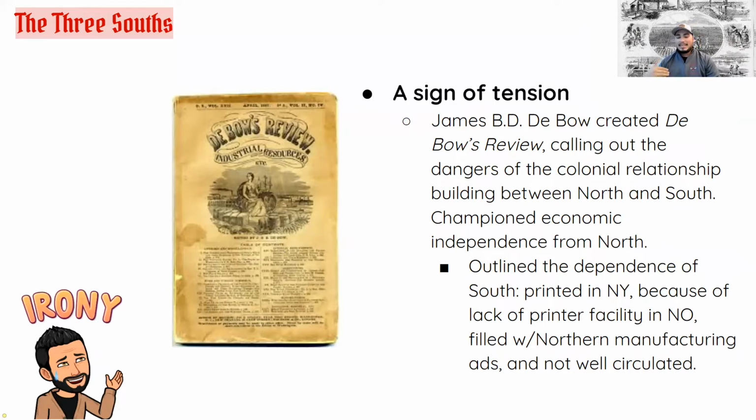Why I think this is humorous is there's a level of irony. He talks about how he hates this idea of the North and the South's toxic relationship. He advocates for Southern independence, to be more reliant. He does this, of course, by publishing a book that outlines this, but it's printed in New York City, which is in the North, because they don't have the manufacturing to produce those books. And of course, it is circulated through the advertisements of the North. So someone who's advocating for Southern freedom is using Northern manufacturing to have such a conversation. It's interesting, but worthy to acknowledge that this is something that's growing.